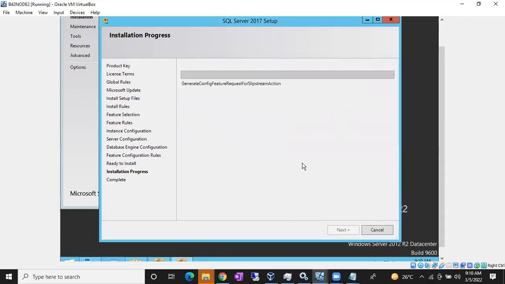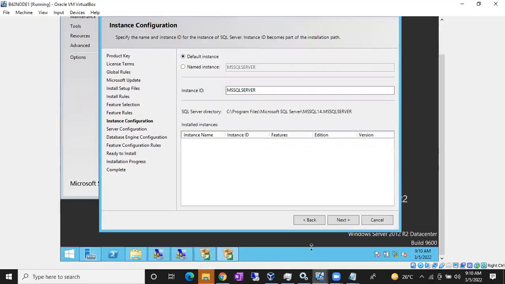Okay. So once this is done, you can go for node 1 installation in parallel also, but you are using the same software, right? The same software is distributing for node 1 and node 2. So if you do it in parallel, it will create some slowness, guys. That's it. Okay. This is SQL 2017. This is node 1 SQL 2017, guys. That is node 2 SQL 2017. I'm installing 2 SQL servers.